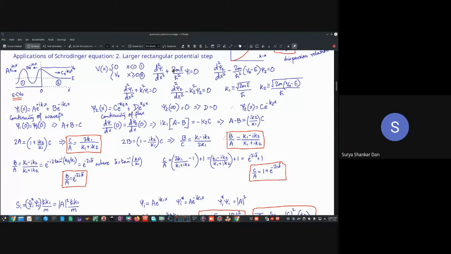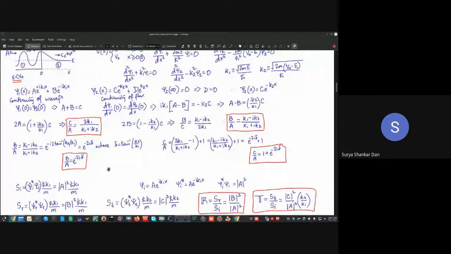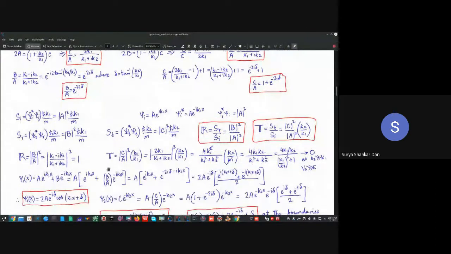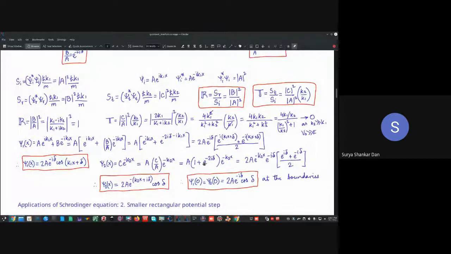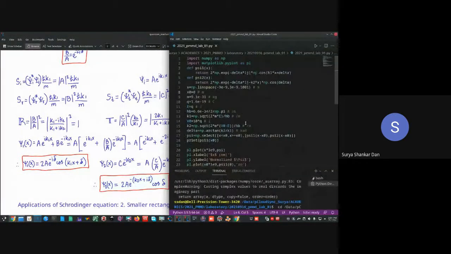This is already done in the class. I'm not going into this. This is the pen and paper based mathematical modeling which you have to do. What we will understand is that these equations, whatever we have finally obtained, simply give you a relation between various parameters. So now our objective will be to code it such that we can study the behavior based on the variation of the different parameters.